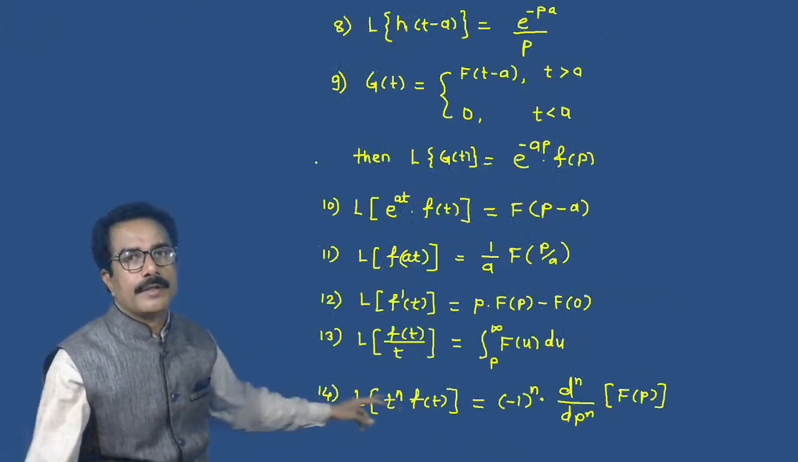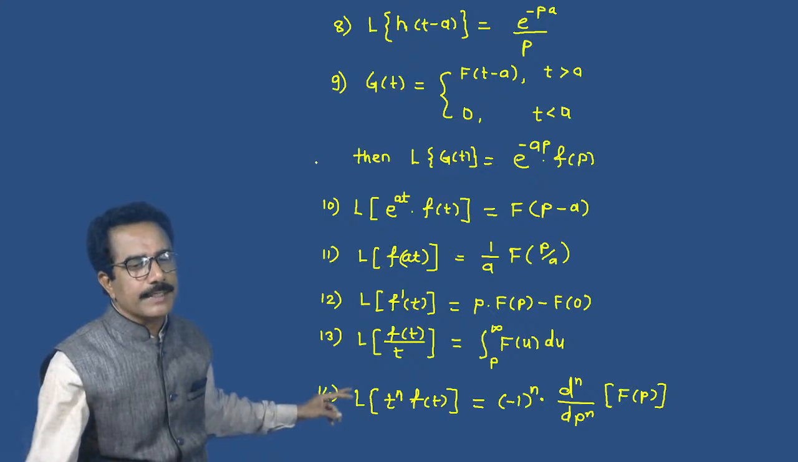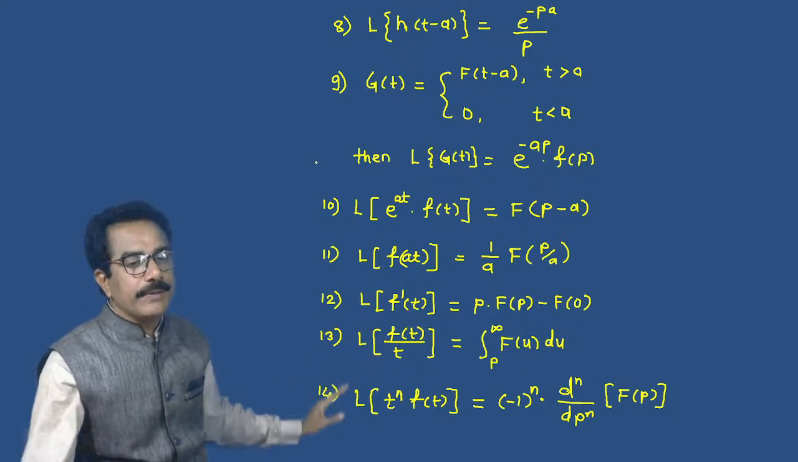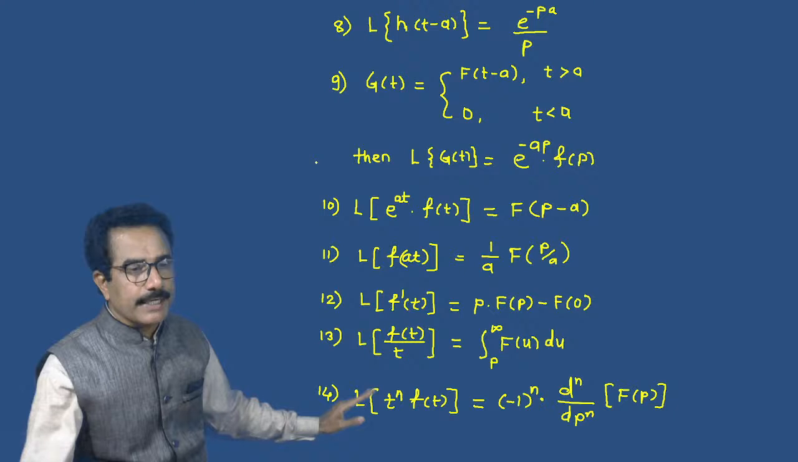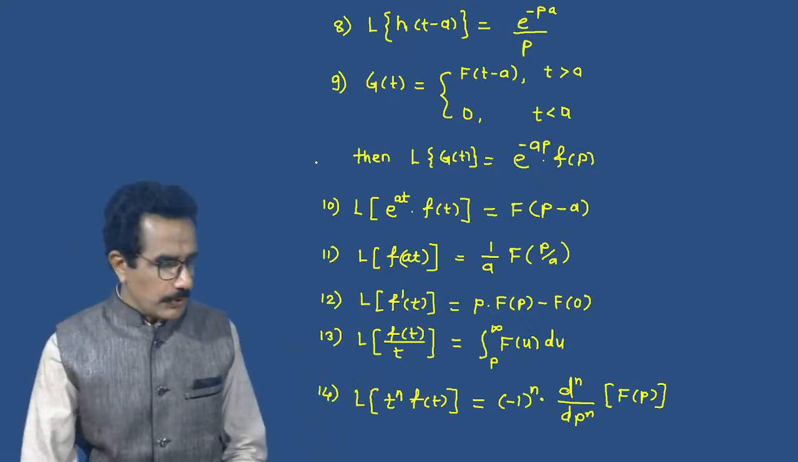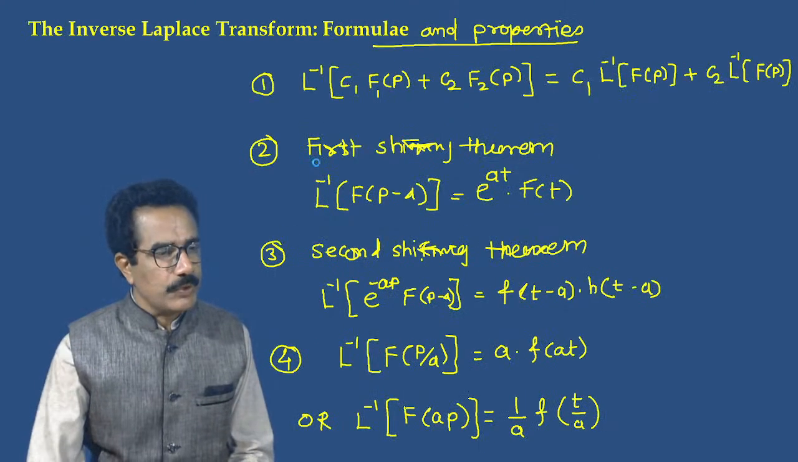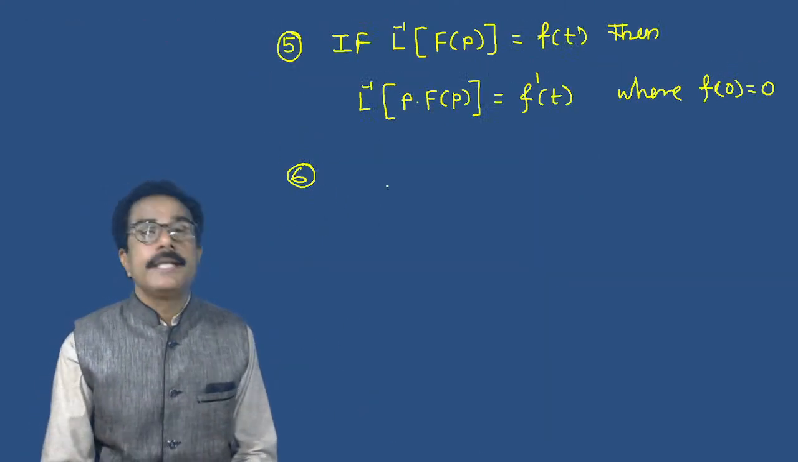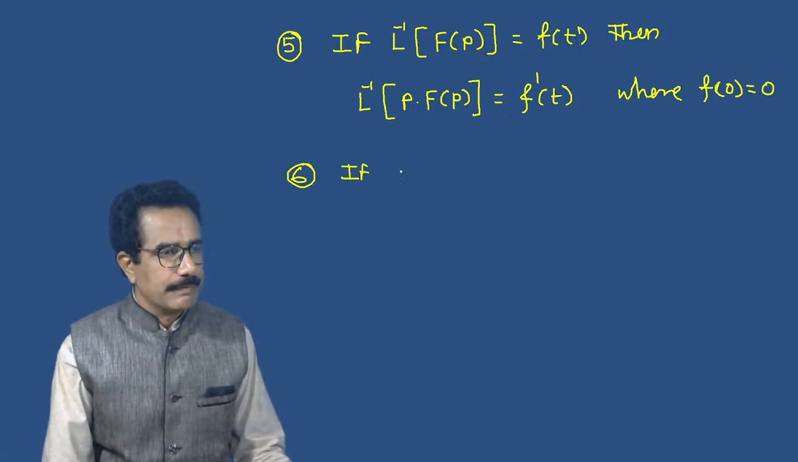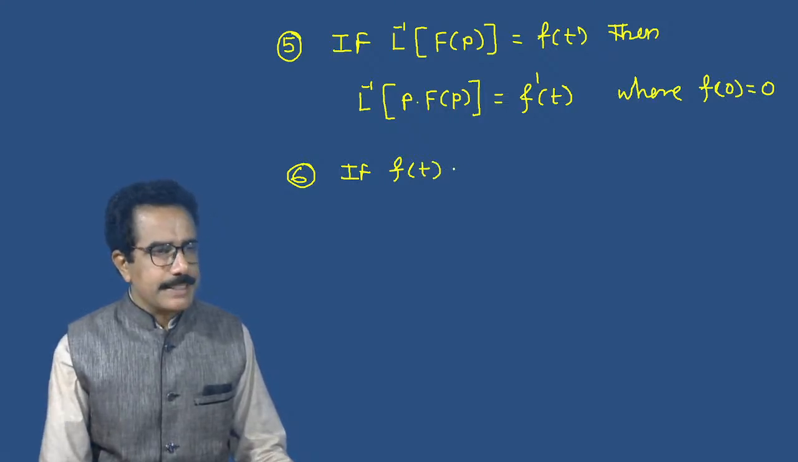According to this integration formula, we can write L of f dash of f of t divided by t equals the integral from p to infinity of capital F of u du. So in the inverse transform you can also write this formula, if small f of t is piecewise continuous,